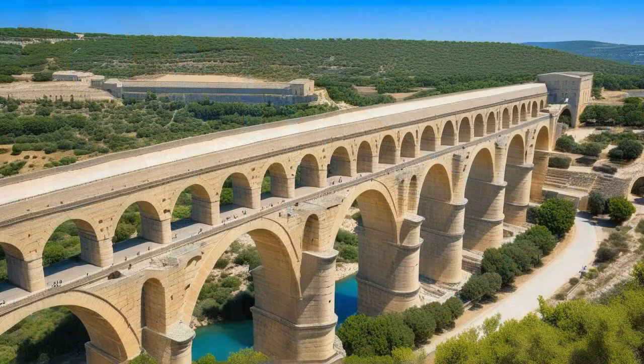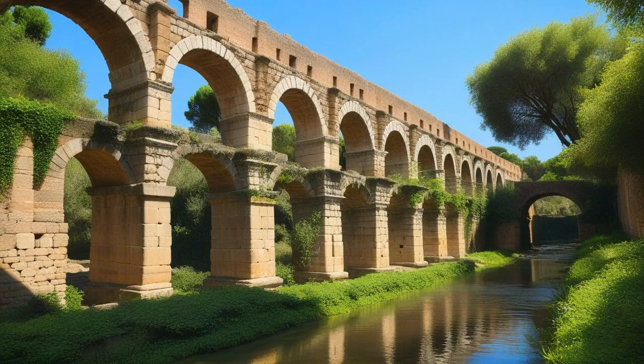The most famous of these aqueducts, the Pont du Gard in France, stands as a testament to Roman engineering prowess. Built in the 1st century AD, this aqueduct transported water over 30 miles to the city of Nimes. What's truly fascinating is how the Romans' understanding of hydraulics allowed them to maintain a gentle slope throughout the entire length of the aqueduct. This ensured a consistent flow of water and demonstrates their remarkable skill in combining practicality with